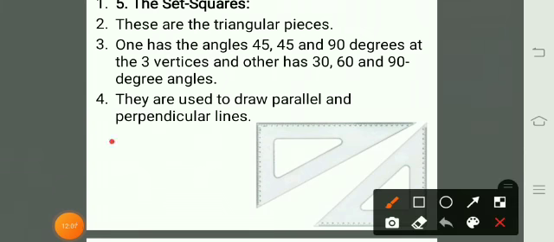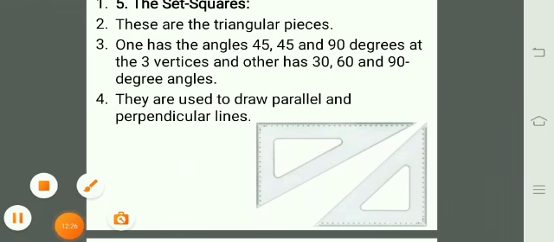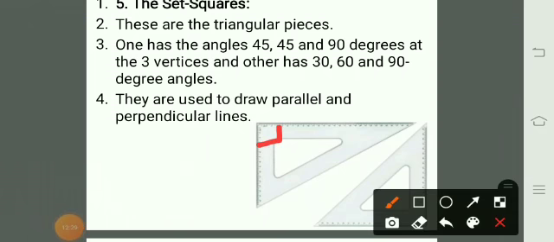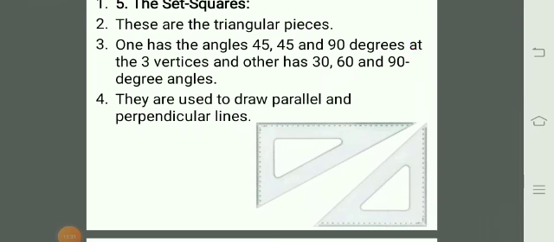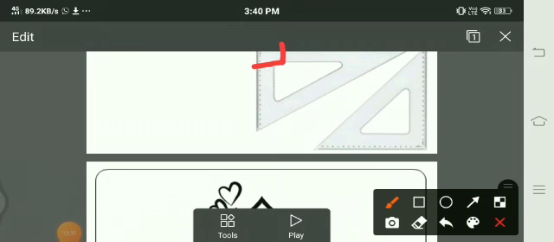You know that whenever two straight lines are joined or intersecting at one point, the angle between these straight edges is 90 degrees. Here if you observe, the same is the position, so here is the 90 degrees. In the second one I have shown again, here is the 90 degrees. And we know the angle sum property: the sum of the angles of a triangle is 180 degrees.